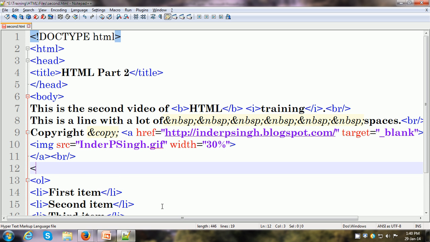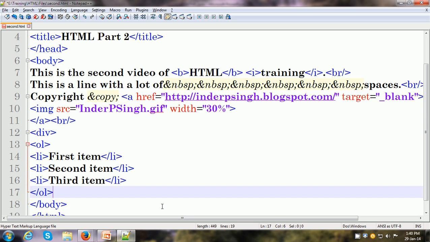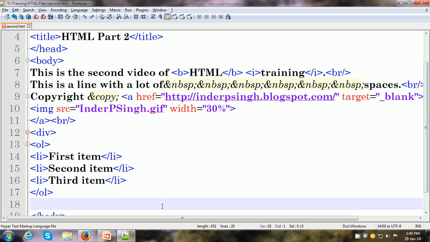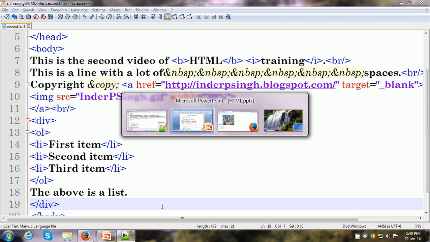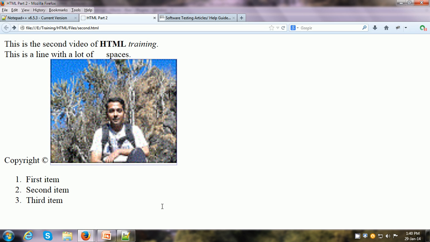So let me create a div tag here. I'm going to put div, and after my list I can put "the above is a list", and then close off the div tag. Now let me go to the browser and refresh this web page.